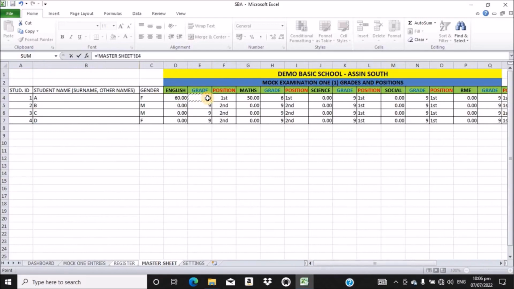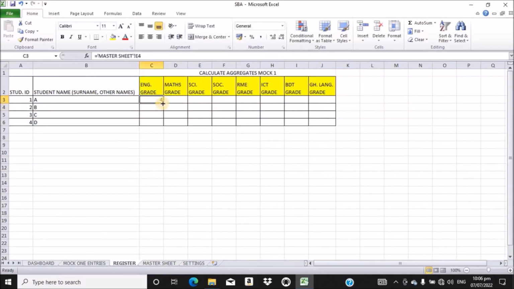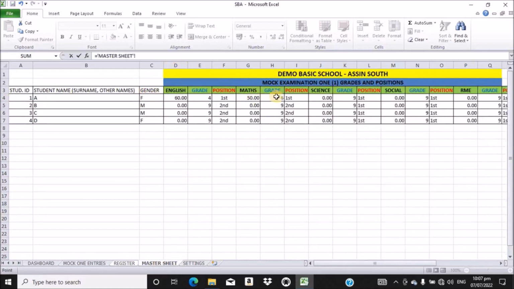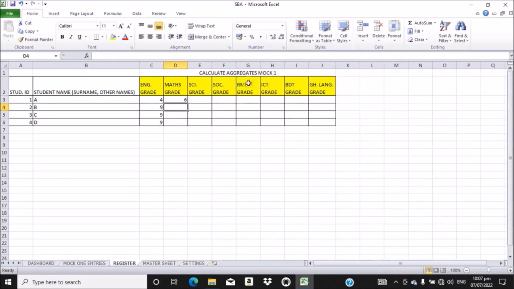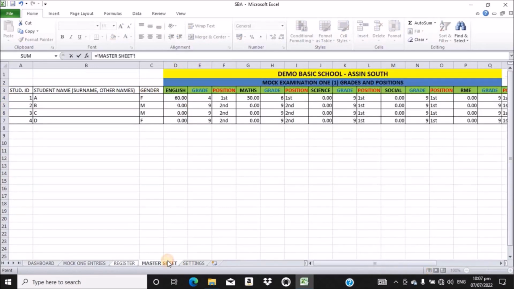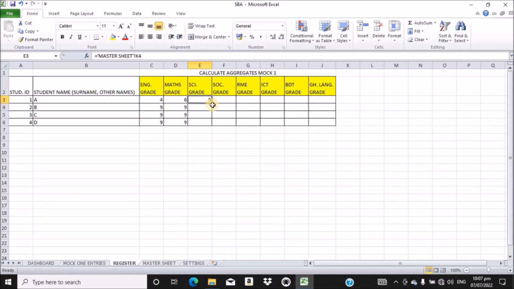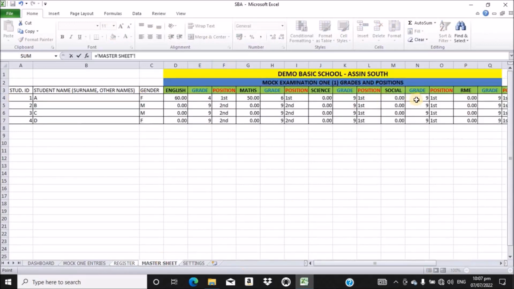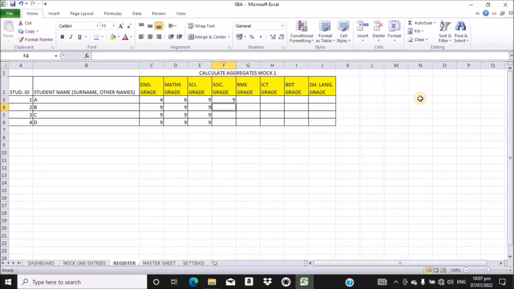the English grade. You hit enter, then equal to, so fill the rest. Master sheet math grade, hit enter. Science grade equal to, social equal to master sheet, and then select the grade for social, that is the first name, that is student A, the grade for them. Hit enter,